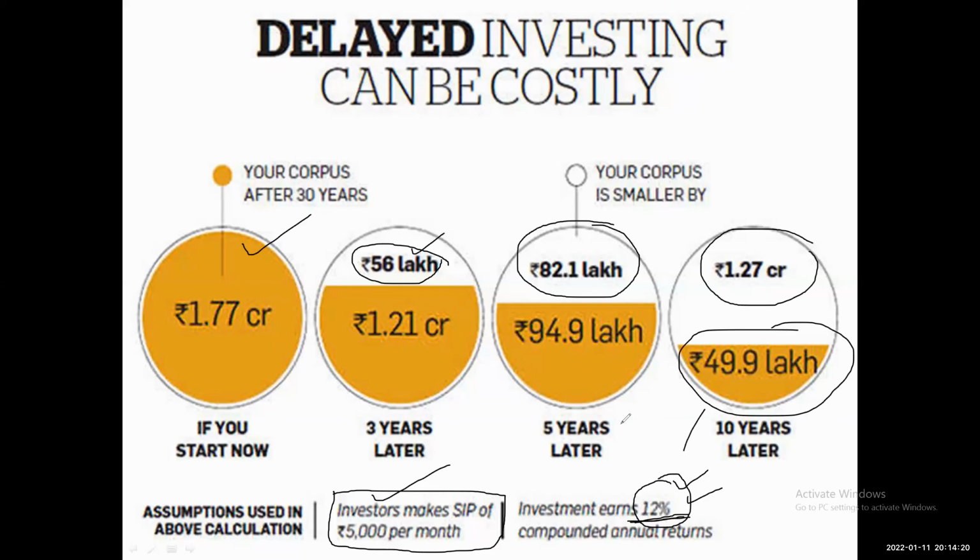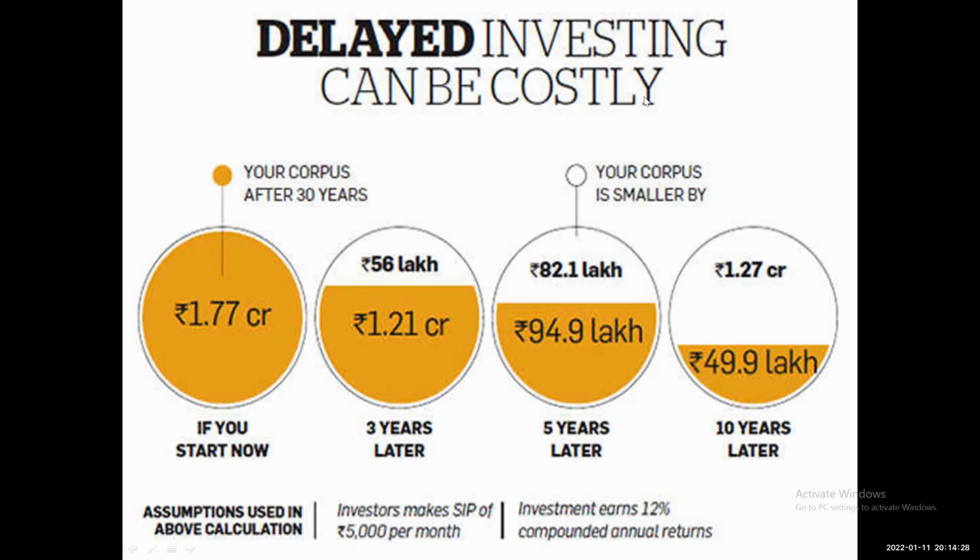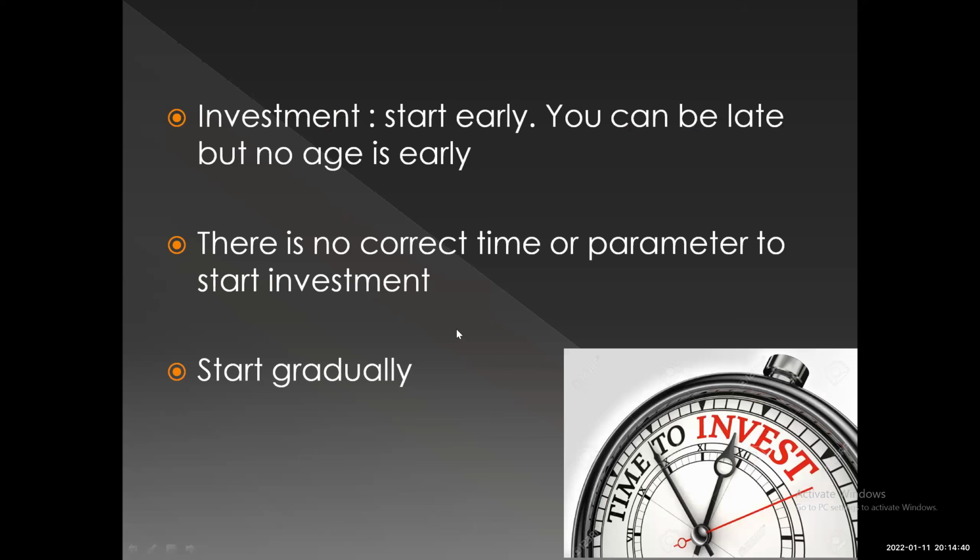I'm not being shy about it. I may be somewhere in this range. I'm not getting too much out of my mutual funds because I started very late and I made some blunders myself. It's very easy to blame others, but very difficult to accept my own fault. I should have started somewhere around 35, but I started when I was already 45. So there is no early age. Whenever you start, it's important that you start and do it consistently. You will always end up making money.